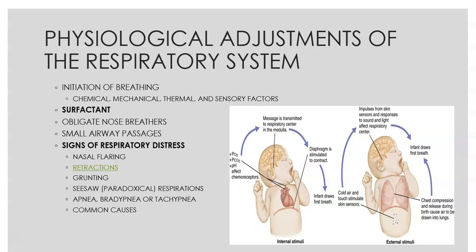Other signs, if they're having respiratory issues, again, is central cyanosis. So if their hands and feet are blue, normal. We're not concerned about that. They're just cold. But if they have any kind of blueness in the core, their face, lips, chest, things like that, then you would be concerned of either a respiratory or potentially a cardiac problem. So on page 531 in your book, it does talk about the characteristics of normal newborn respirations.